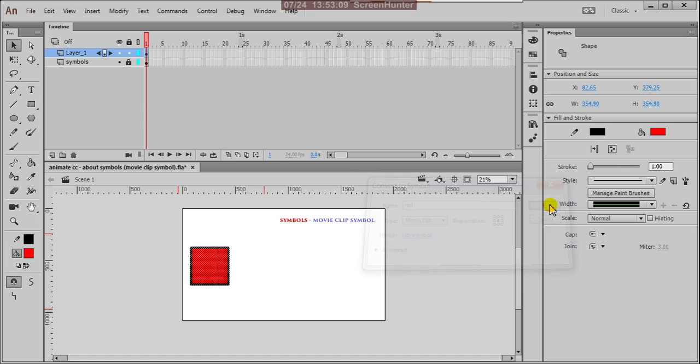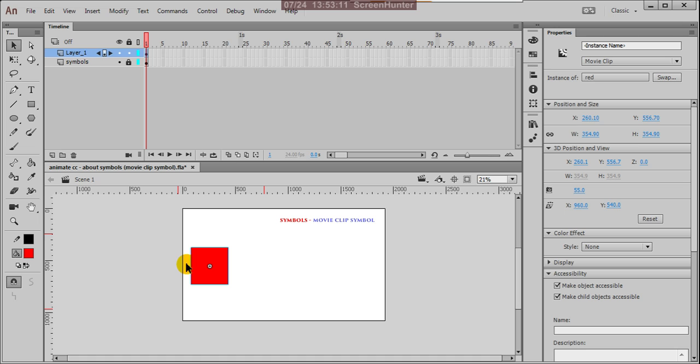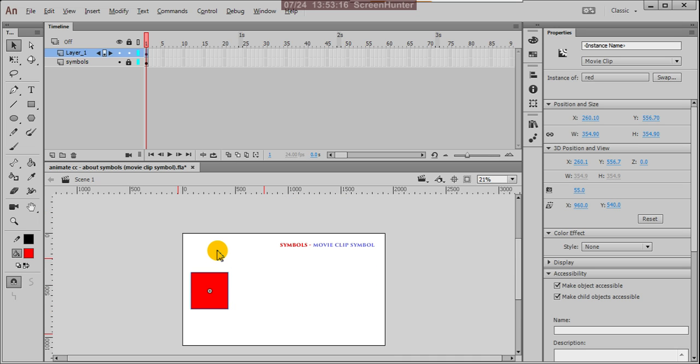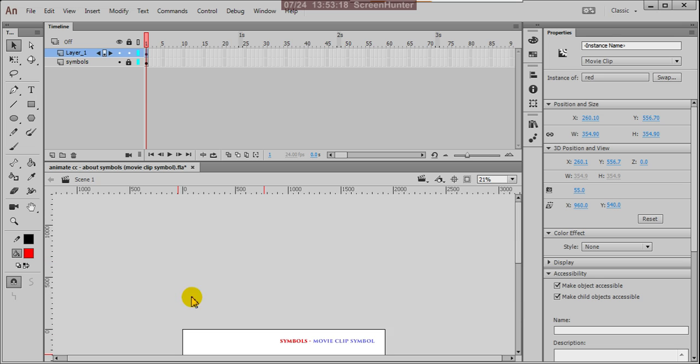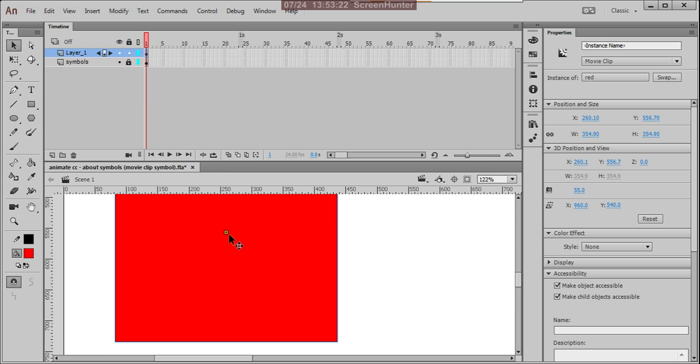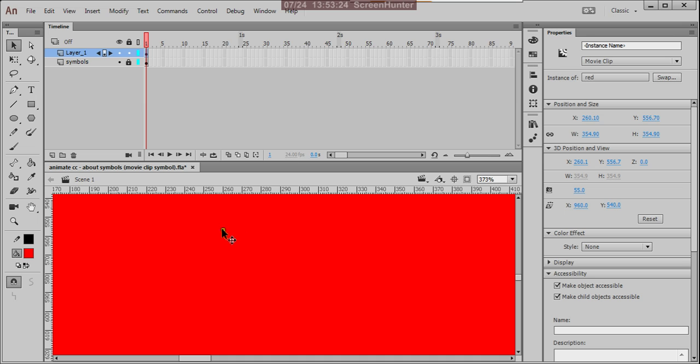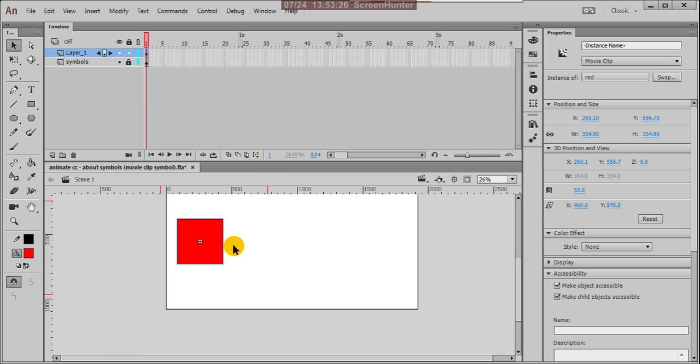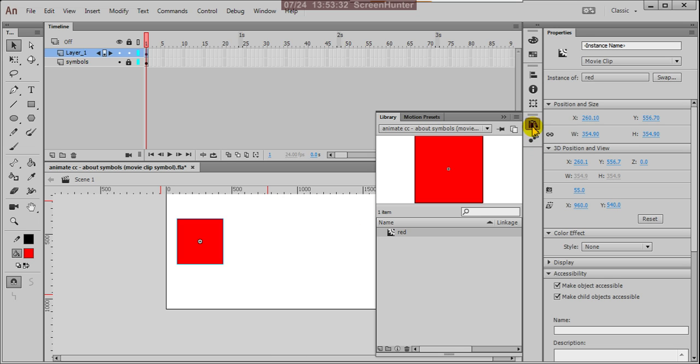Now see, your drawing, your shape, converted into a movie clip. The registration pointer is showing this cross mark at the center of the box. If you see this from the library, the icon and the symbol name itself show movie clip.